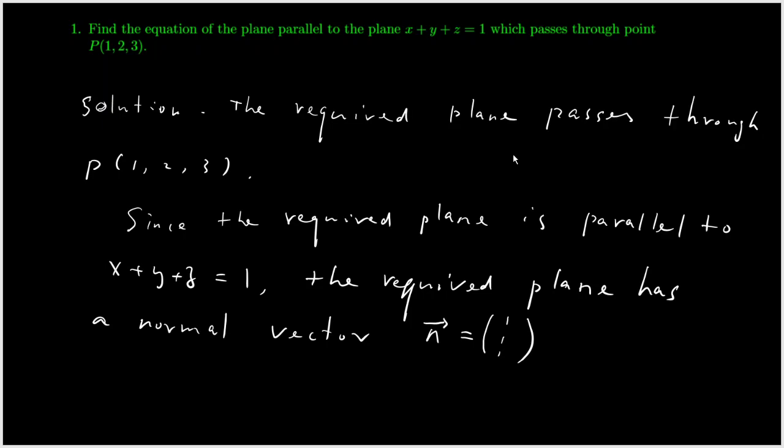Now we have the two things we need to get the equation of the plane. We have a point, we have a normal vector. Okay. So therefore, the equation of the required plane